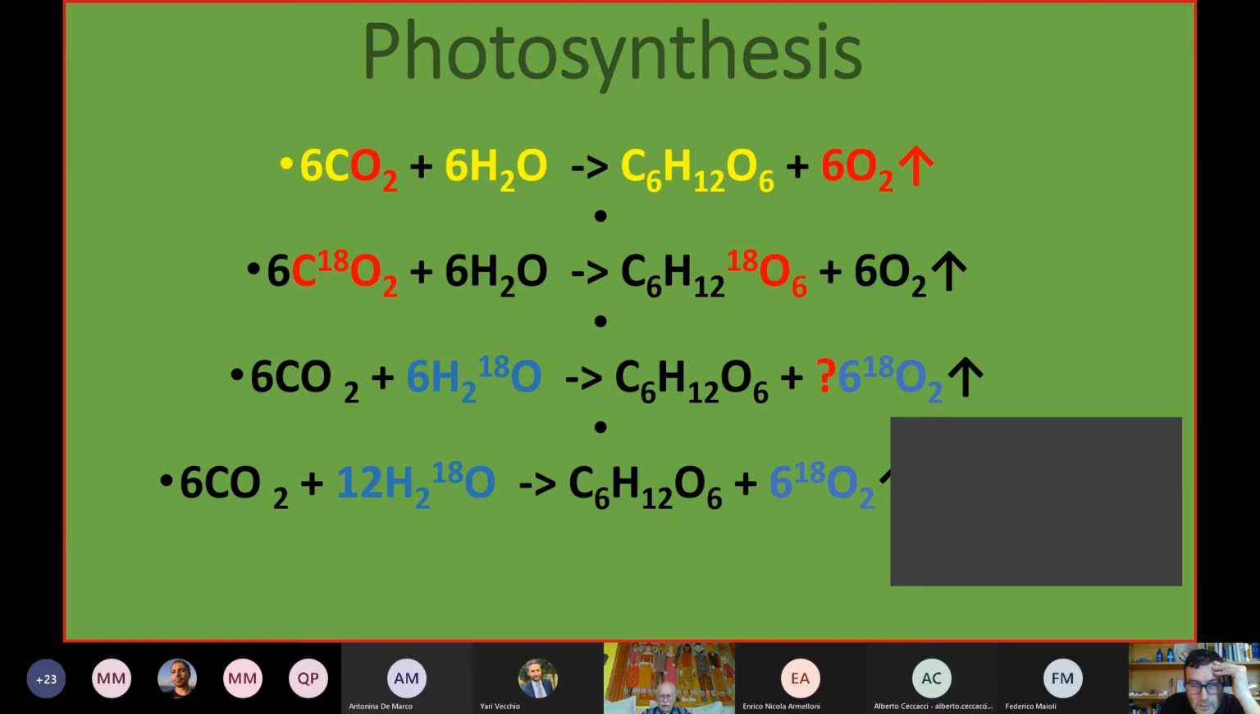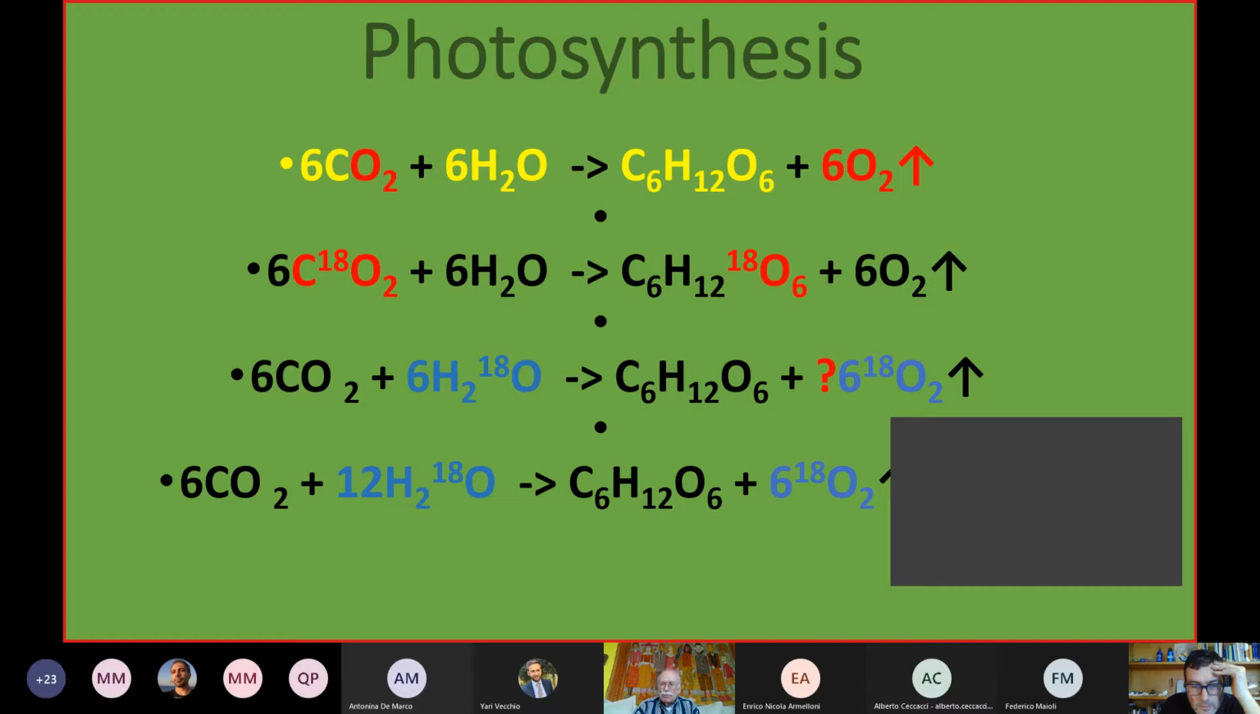But the equation is not balanced, because if you look at the equation, you emit 6 molecules of oxygen, but 6 molecules of oxygen have in them 12 atoms of oxygen. That means that to provide the 12 atoms of oxygen, you have to split 12 molecules of water. And that is the